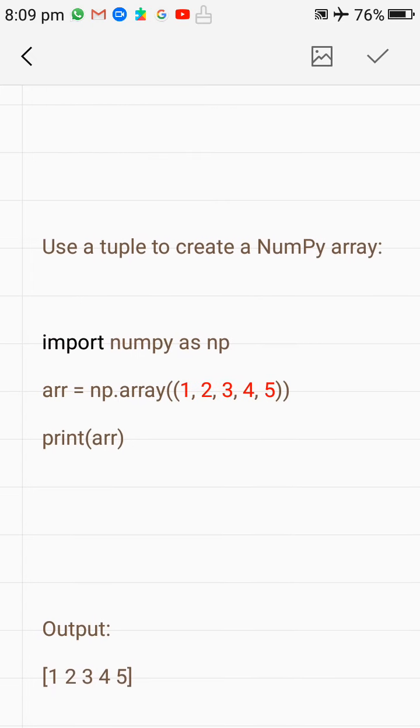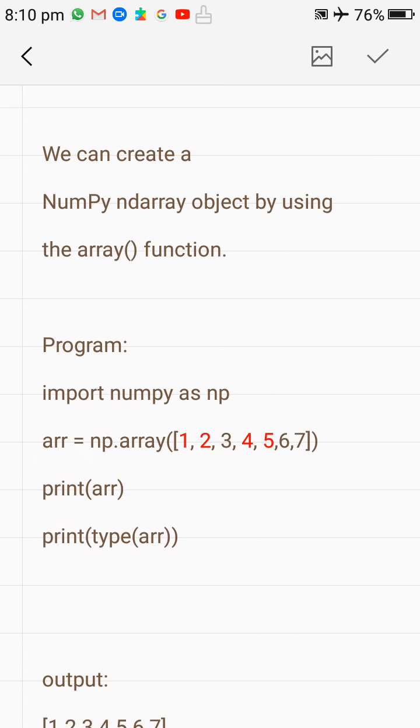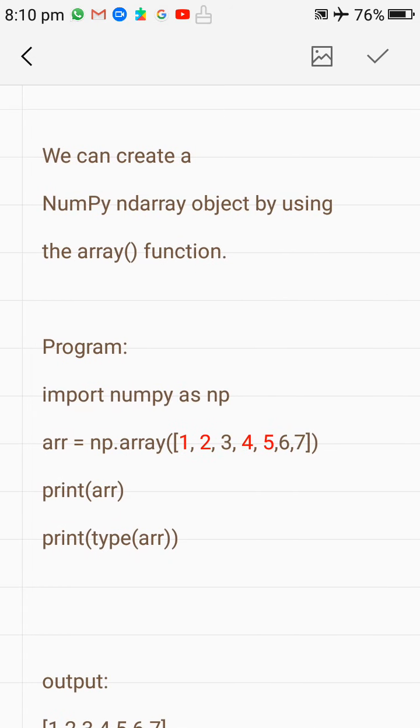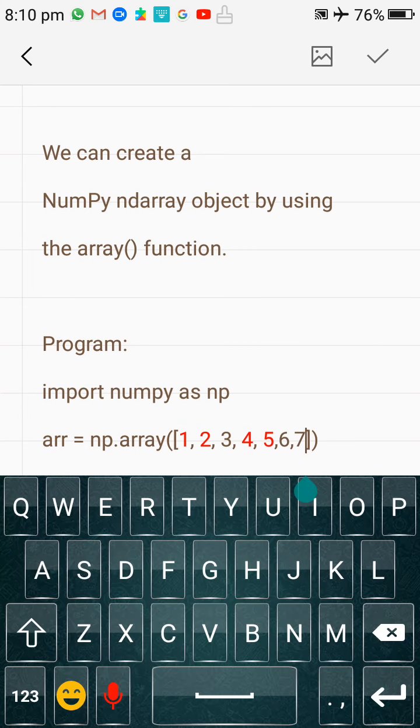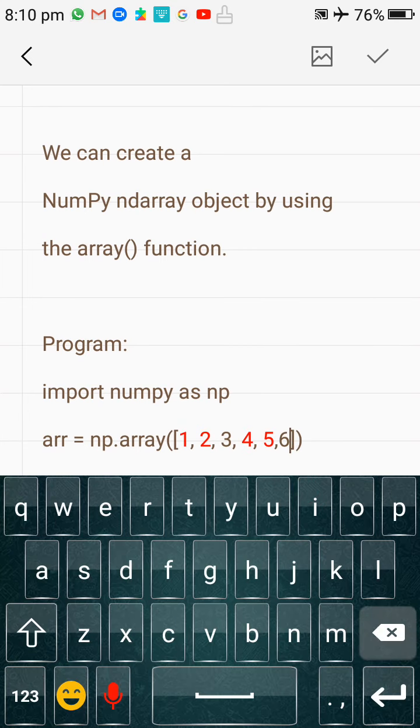There are dimensions also in this kind of array. Suppose you want to use only one dimension of array, then you can simply pass one row. This is a one dimension array. There is 0 dimension, 1 dimension, 2 dimension, 3 dimension. It depends on you. Suppose you want to make a 0 dimension array, just do like this.